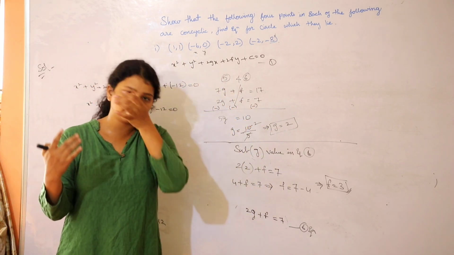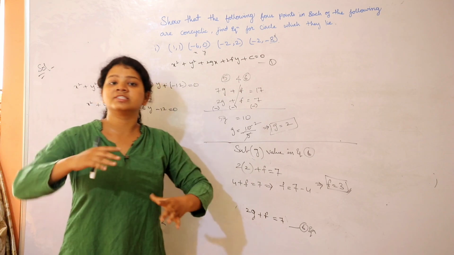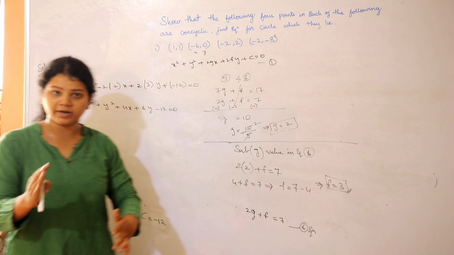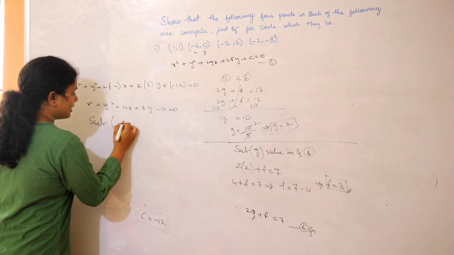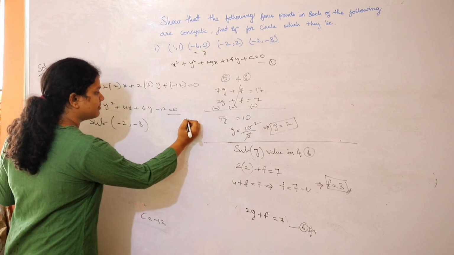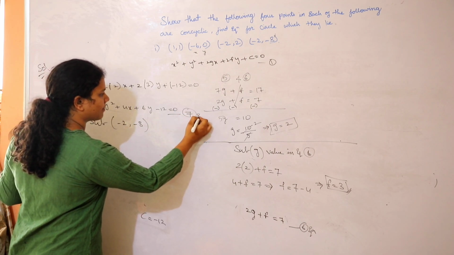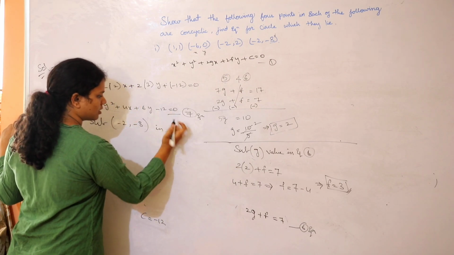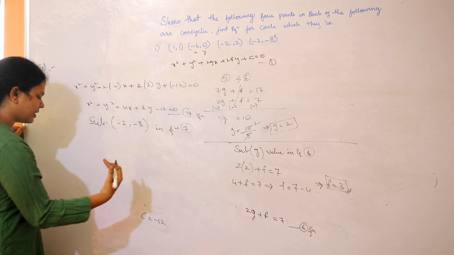Let's say if I don't get any 0, instead I get some constant like 28, 56 or 89, then that is not concyclic. Like, these points are not concyclic. You can prove it. Alright, if I get 0 while substituting this, then those points are concyclic. Let's name this as equation 7. If I don't get 0, then this is not a concyclic one. Let us try checking this out.